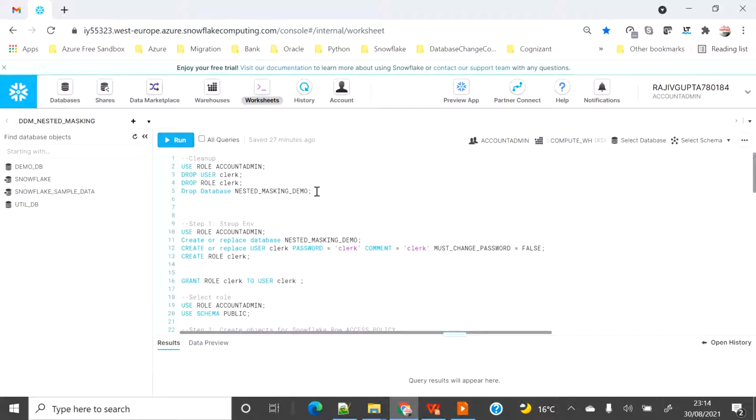The scope of this demo is to showcase how objects of the database behave in case of nested masking. Say you have a table and also three different views, one on top of the other, and all are having a masking policy. How does it behave at the end, and what is the rule Snowflake follows?